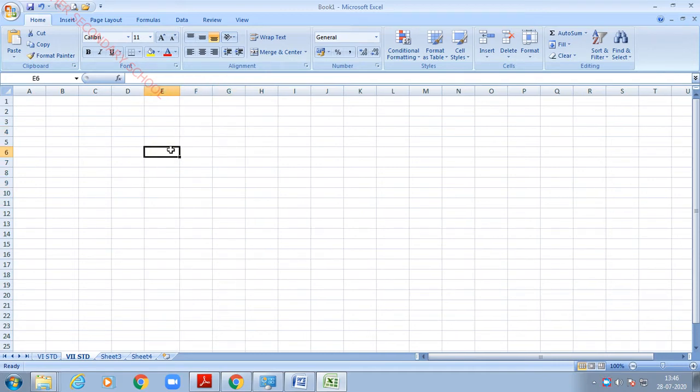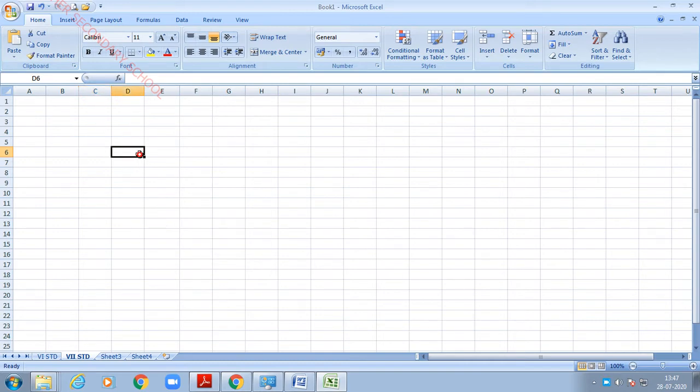How will you identify the cell address of this active cell? E6. First you have to mention the column name, then the row name, because I told you already the intersection of a row and column is called a cell. How will you identify this? E7. Now how will you identify C6? This is the way you have to find the cell address. Why? Because only then can we calculate.